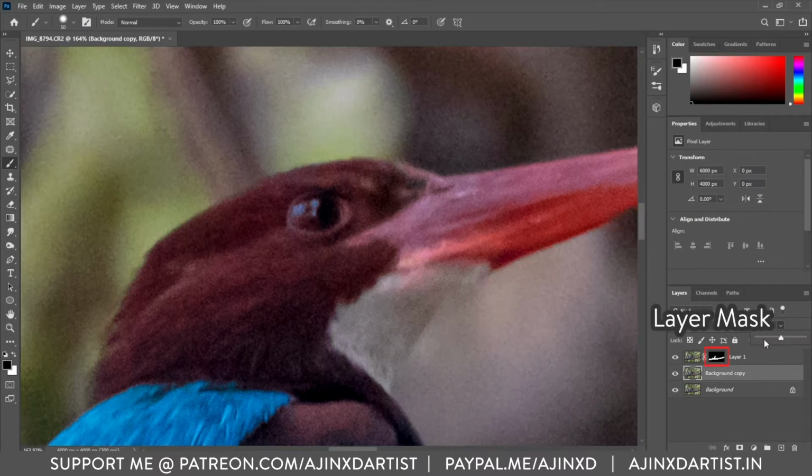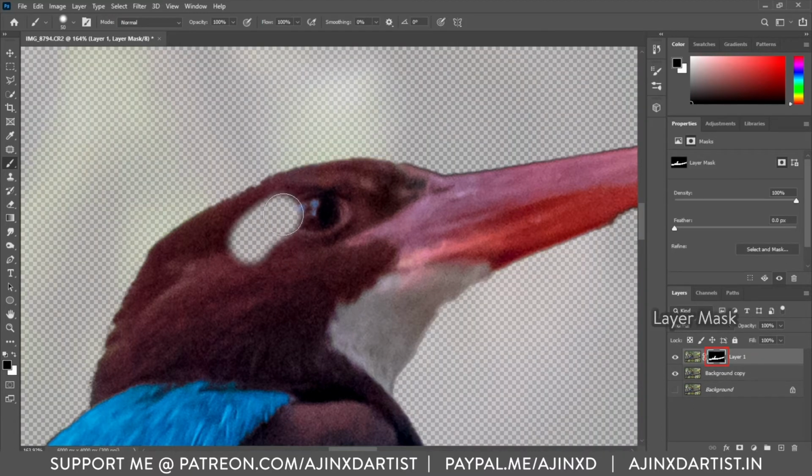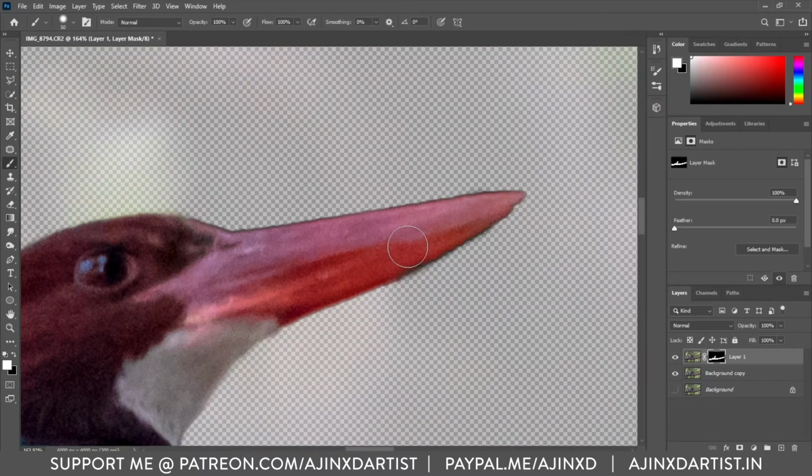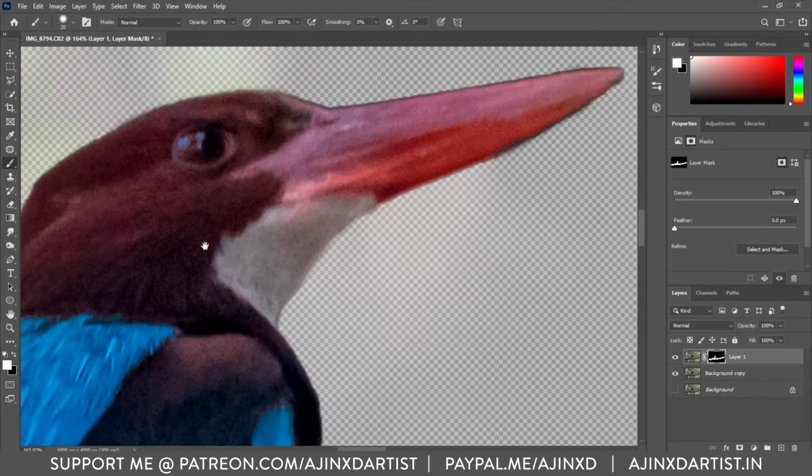I then select the matte, the layer mask, then select the brush and we start editing further the selection that we have made. So it's always rough around the edges with the selection, so we have to go in and smooth out the outline.